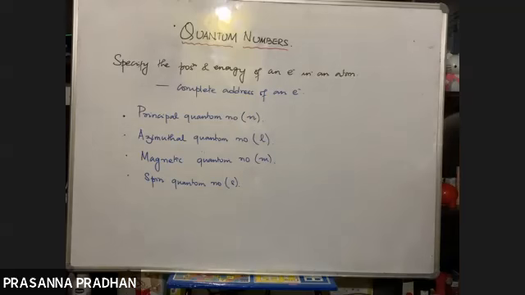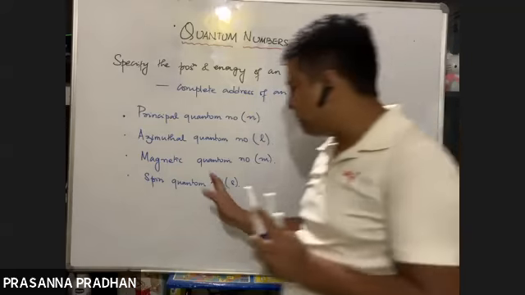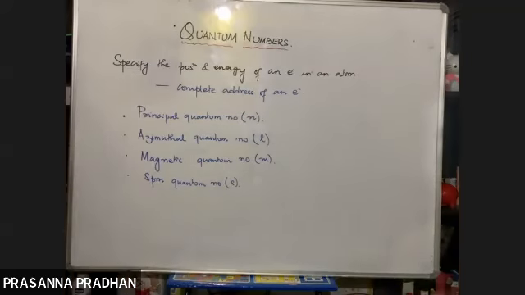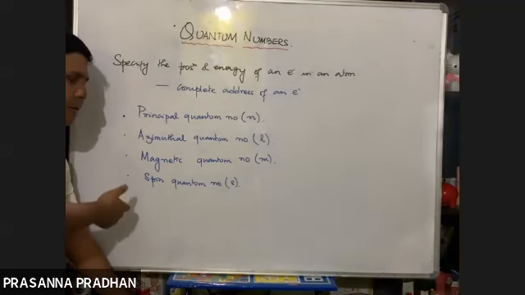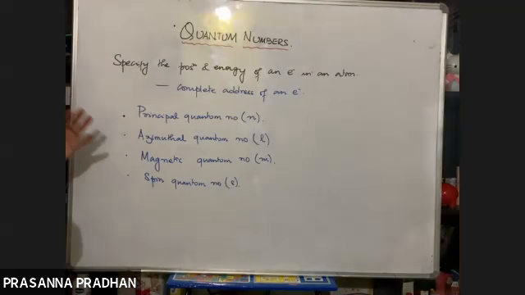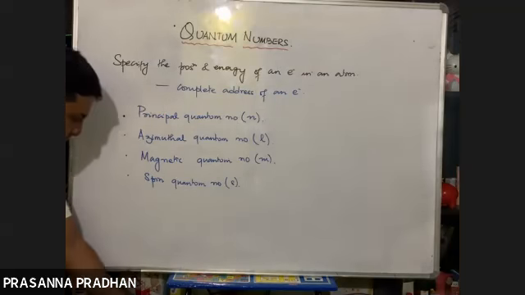Right now we don't have much time left, so I'm not going to start it, because next class I'm going to start and end it in the same class, because these are related to each other. If I discuss the principal quantum number today and the azimuthal quantum number in the next class, they will be mixed up. Fine. So these are the 4.